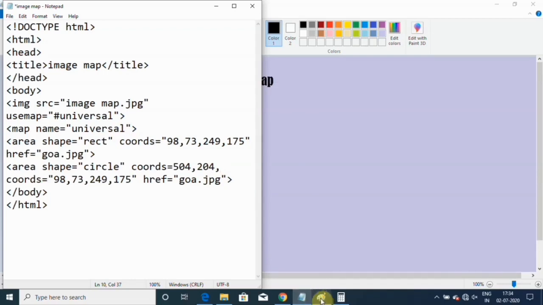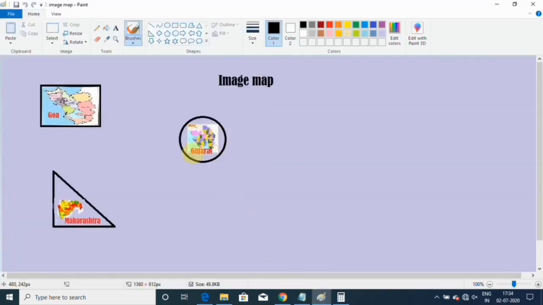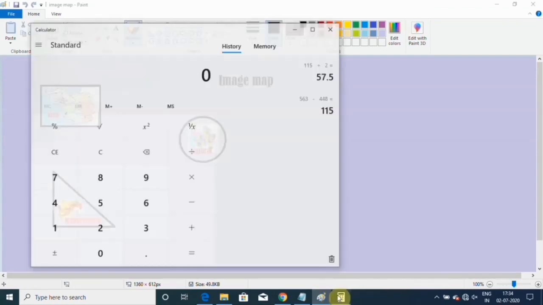So open this once again in the Paint and see the circle diameter is like this. This is called the diameter. Half of the diameter you will get as the radius. So you have to first mark this, how much distance you are getting, 563. Open the calculator and check.